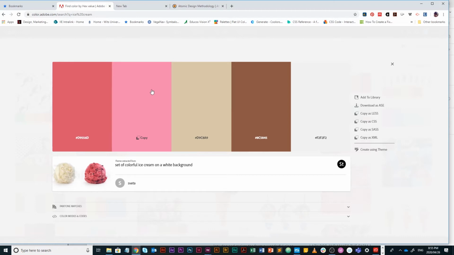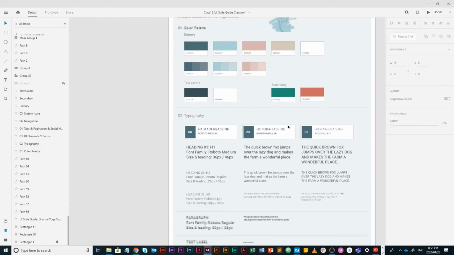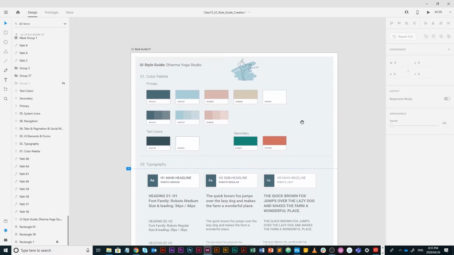And what is nice about it is that you can copy the CSS, but you can obviously copy every color as is. So if you just click on it, copy to the pasteboard and you can use it. So very, very useful, color.adobe.com. All right, so without any further ado, as they say, I'm going to quickly take you through the steps